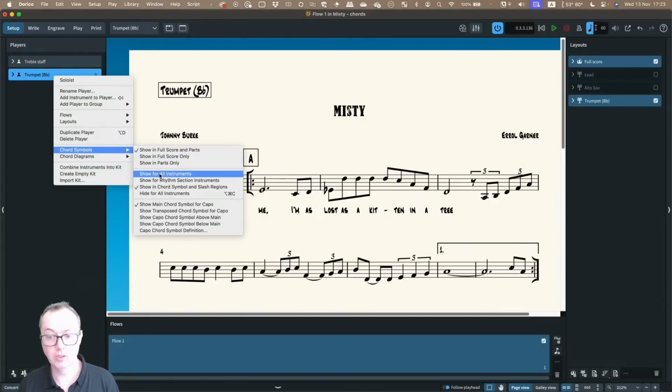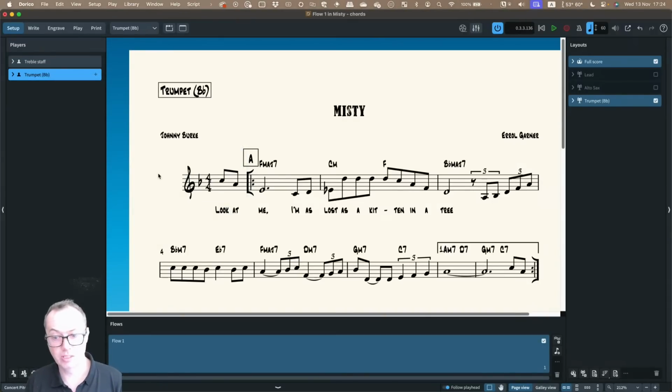Chord symbols: Show for all instruments. And that's all the instruments that this player is holding. So if, for example, they were a pianist and sometimes switching to trumpet, then they would only get chord symbols for the rhythm section instruments, the piano normally. But if they're holding multiple instruments, or it's just the trumpet, then you just want this one, and it will